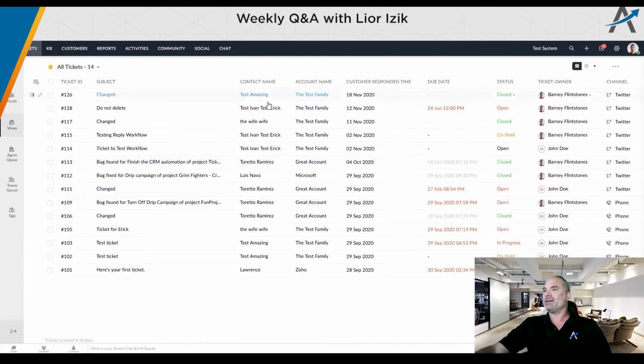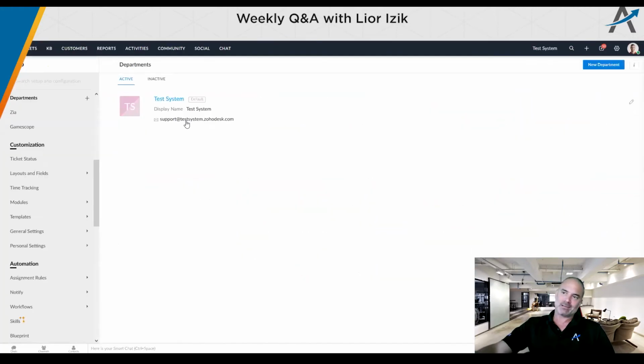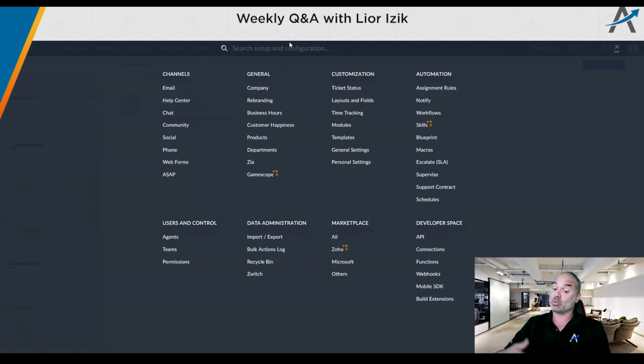So when emails are sent to, let's say, support at, they are automatically forwarded using a rule on your mailbox, not related to Zoho Desk at all. It's forwarded from your mailbox to Zoho Desk, to the department email. So you see, it's like a garbage email, support@testsystem.zohodesk.com. It's not a human-friendly email, but it's used just to accept your emails. From the other side, when you want to send emails,